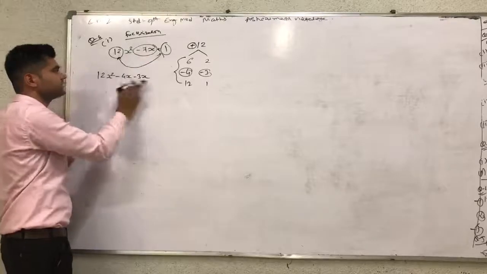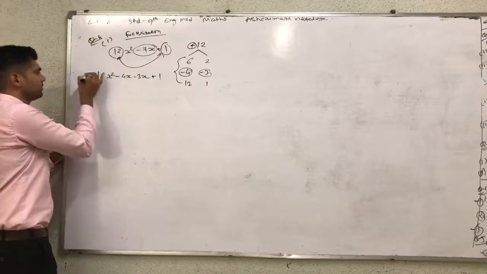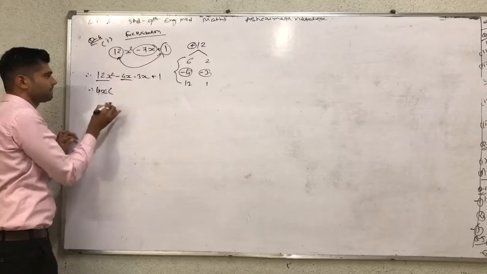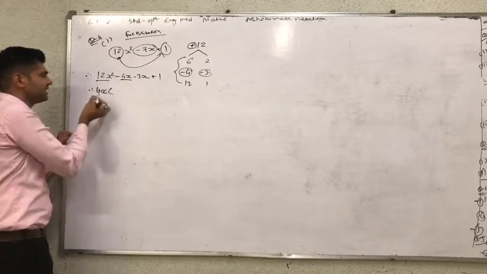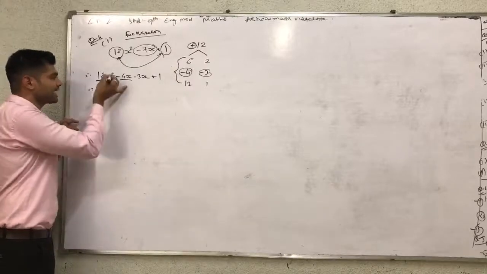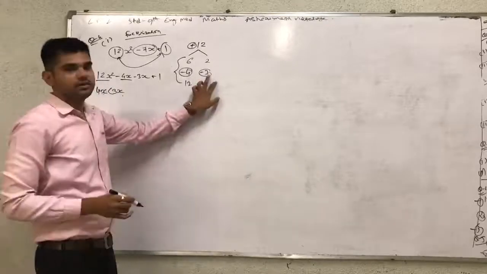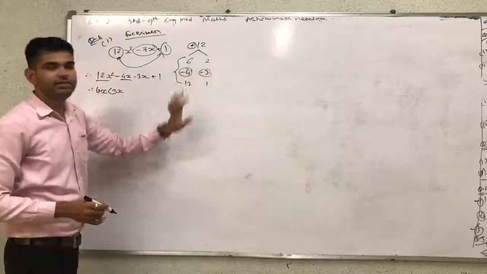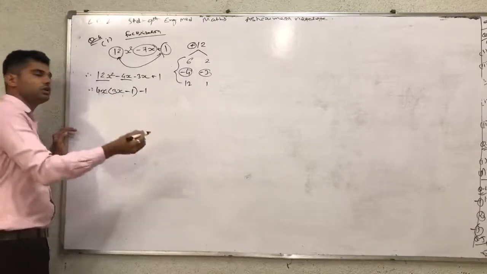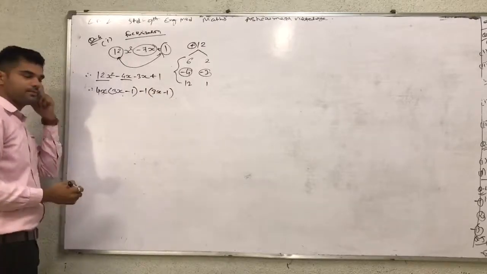So in place of 7x we take the two factors of 12 and plus 1 as it is. In 12x square and minus 4x, 4x is common. So 12x square leaves 3x, and minus 4x leaves minus 1. Then in minus 3x plus 1, minus 1 is common, so 3x minus 1 remains. So the common bracket is 3x minus 1.